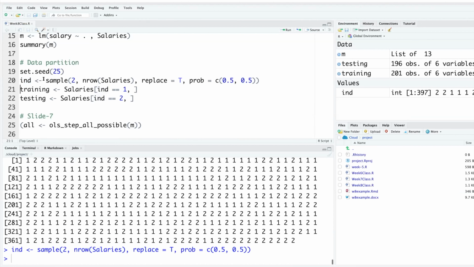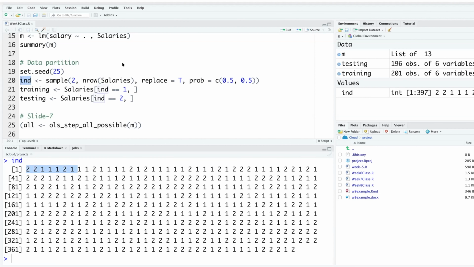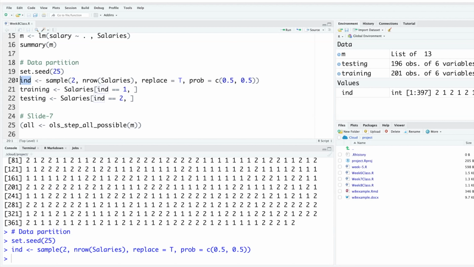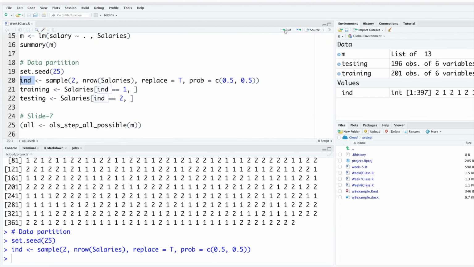If I run this line again and look at IND, so first one was 1 and then 3 2s, it's going to change. But once we run set.seed and look at IND, like 2 1 2 1 and so on, and try again.